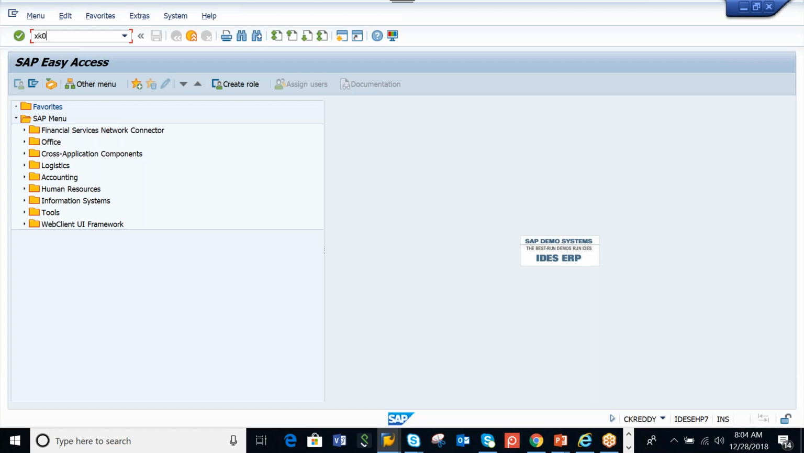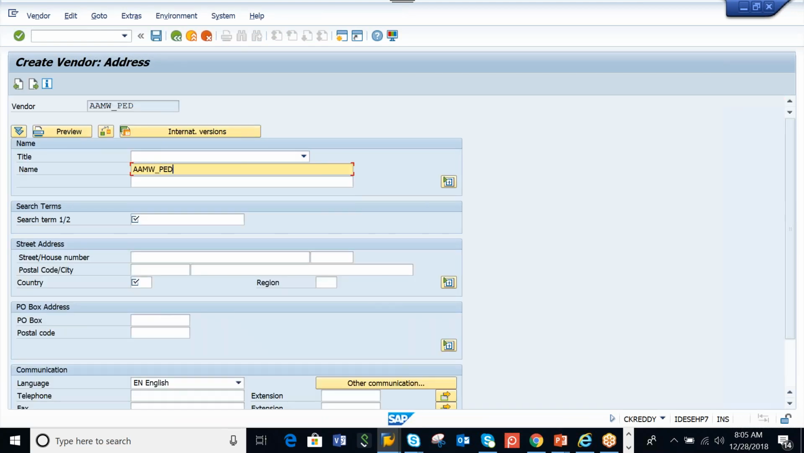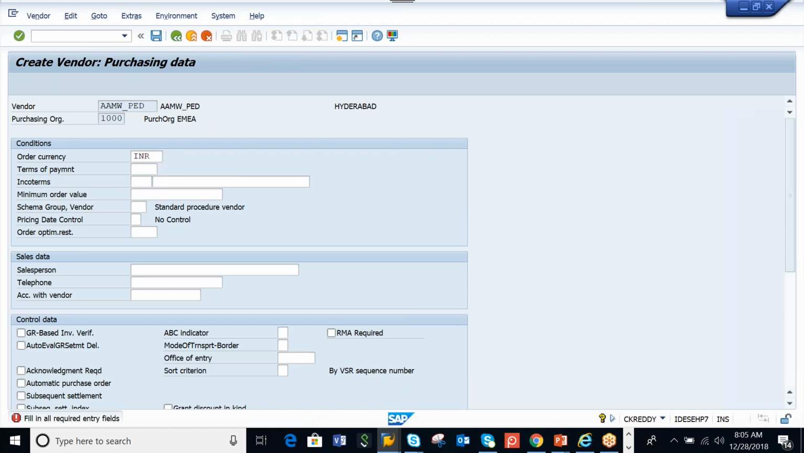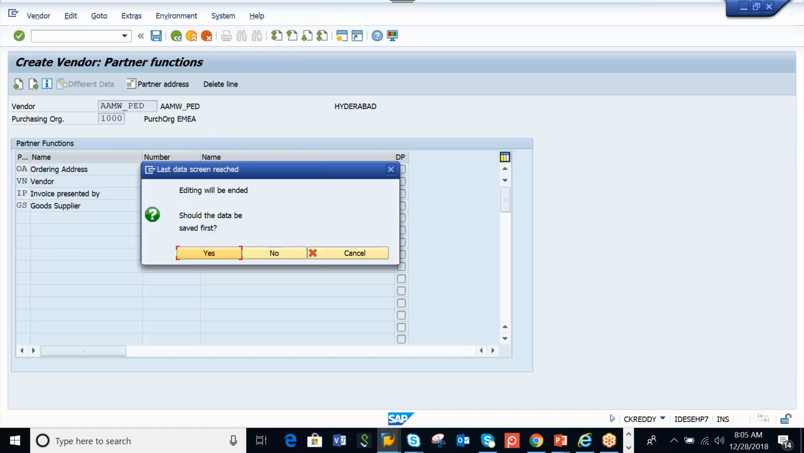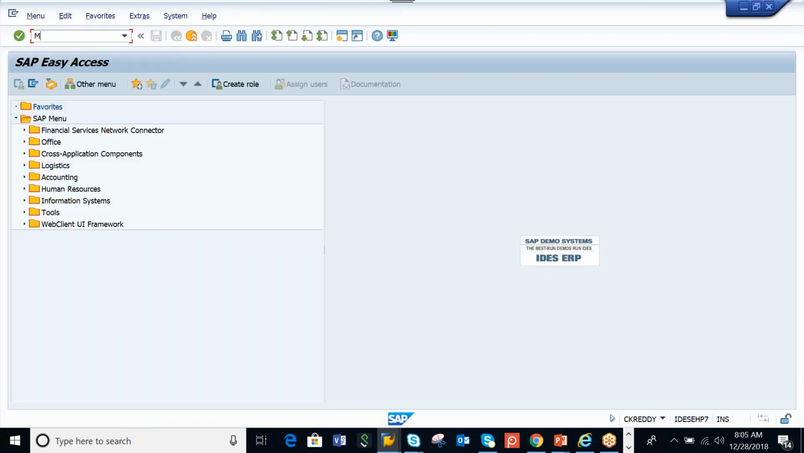Go to XK01, we are in ECC. AAMW underscore PED, party entitled to dispose. Here I have one company code, account group, and so on. We are using this. Just maintain the mandatory data. Okay, now save it. Now one vendor is created. This is a normal vendor, but I want to tell the system that this is a plant vendor, where we can maintain it. Coming to MK02,